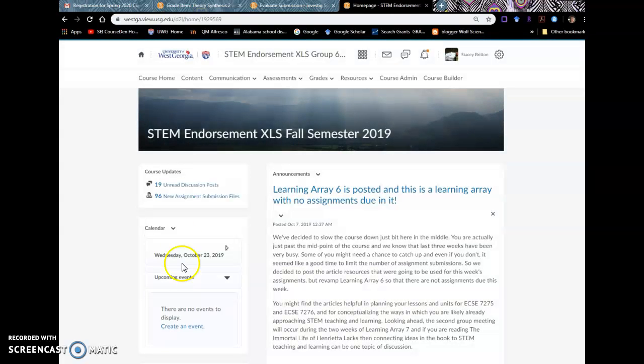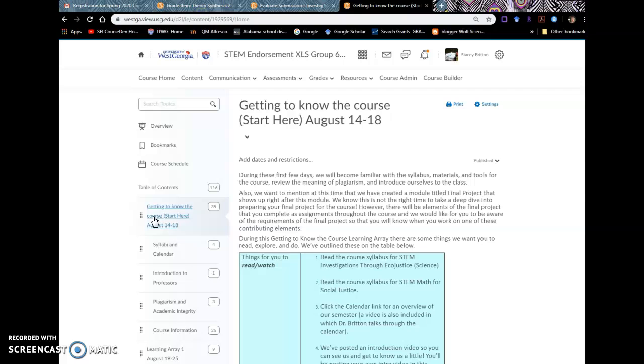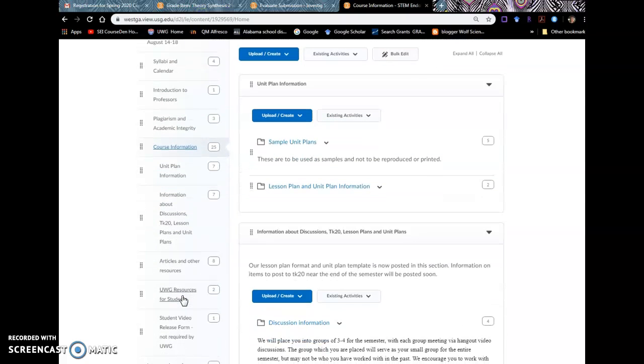Hey y'all, this is just a little bit of an overview of where to find the information on the unit plans. You may remember that back in the beginning when you had to go through the Getting to Know the Course, there were different sections within that. One of those sections is called Course Information. So if you go there under the Content module,